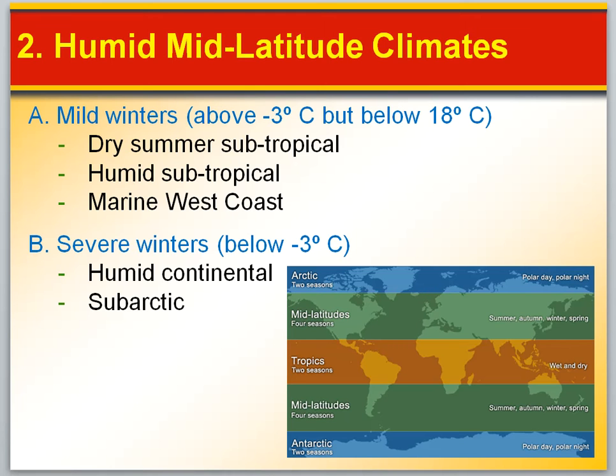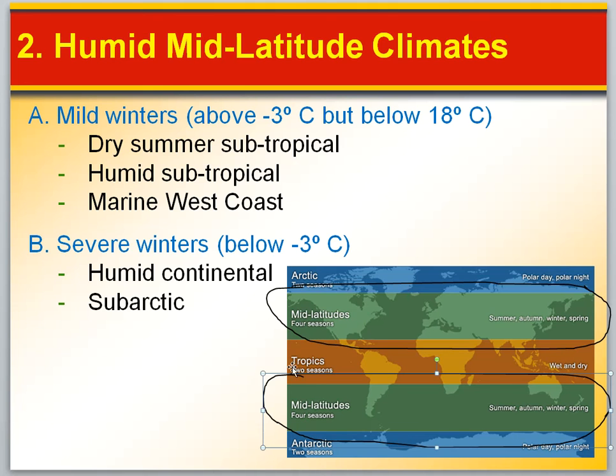If you take a look at the actual location of the mid-latitudes, what you're going to see is that the mid-latitudes are, as you would expect, in the middle. It's not equatorial and it's also not polar. So it's going to be those latitudes that are sort of in the middle. So you can see that's represented in the continents of North America, through Europe and much of Russia and China. Then you've got your mid-latitudes, which is going to grab a bit of Australia there, some southern points of Africa